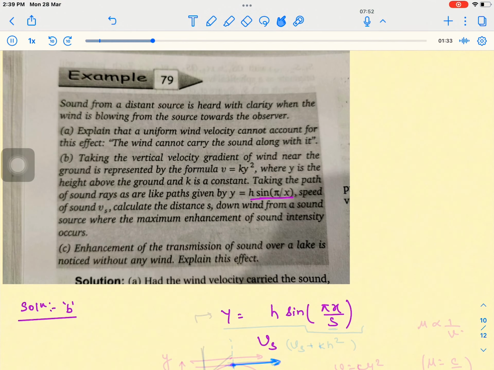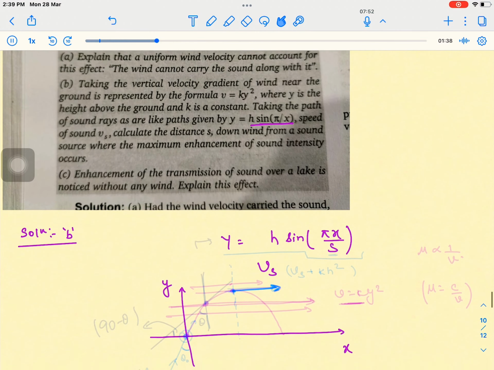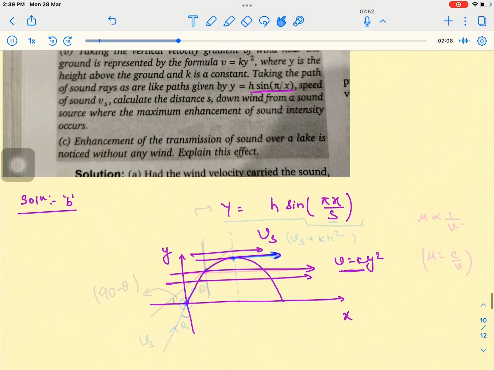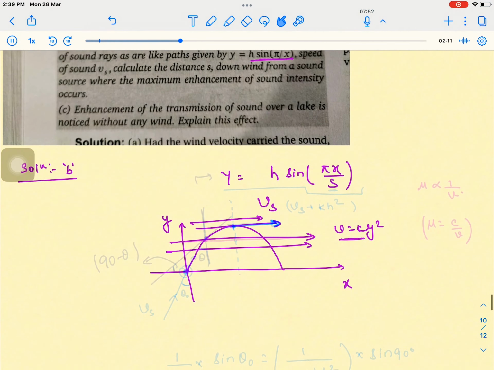So basically, if I see how the sound is propagating, y versus x, this is how the sound is propagating in the form of this sine wave. And as you move above this, wind speed is given as ky square. So basically, if you see, you are going from a denser to a rarer medium. Going from, so speed is increasing,